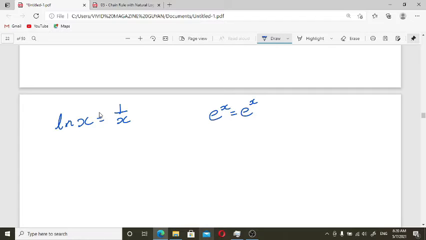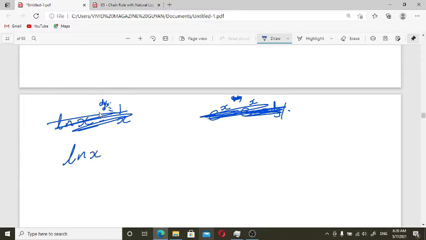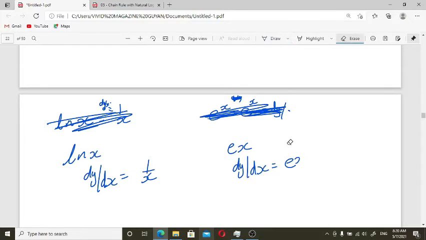So when you differentiate ln x, dy upon dx, you're going to have 1 over x. And e to the x, when you differentiate, dy upon dx is equal to e to the x. So just keep that in mind